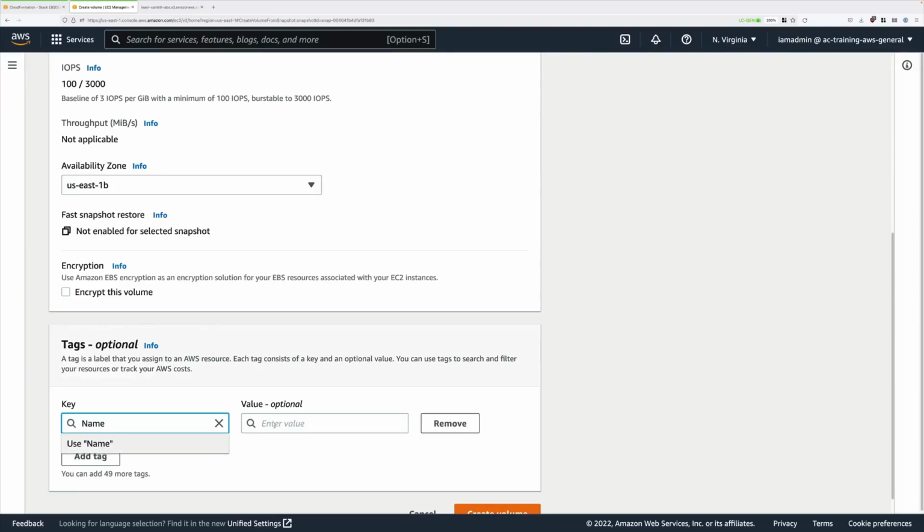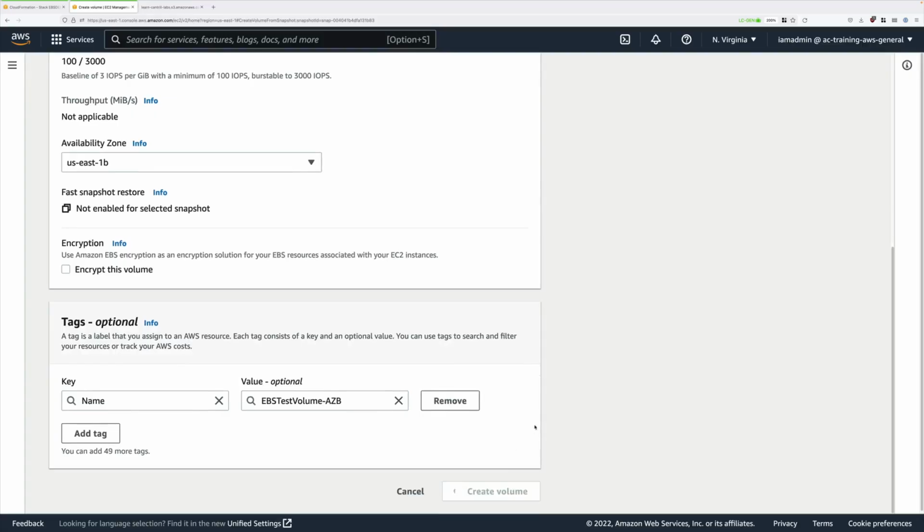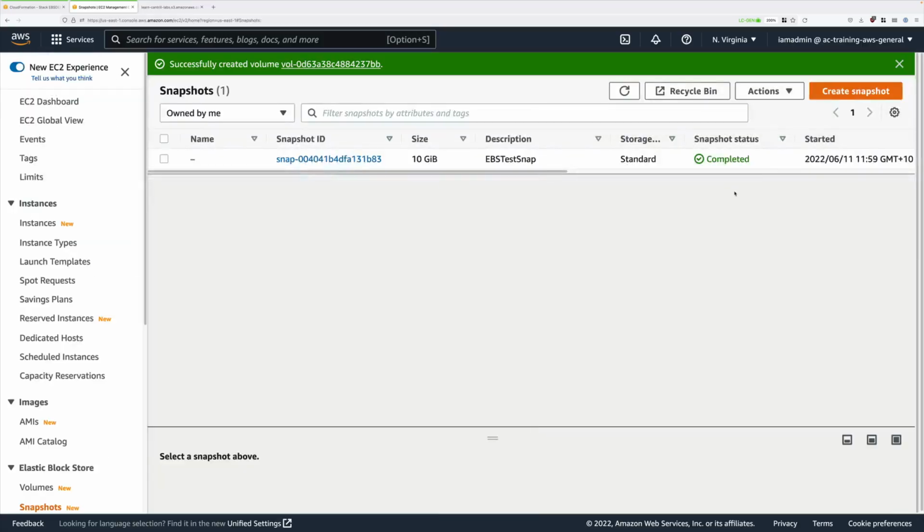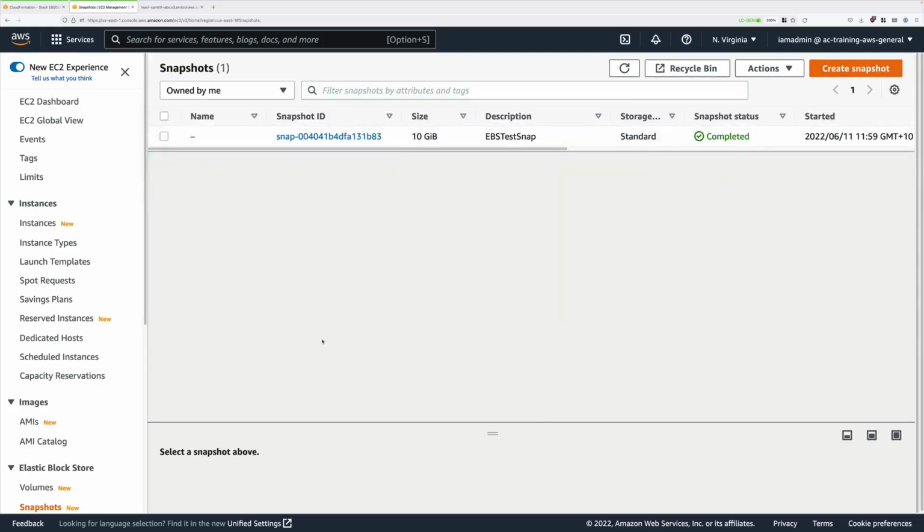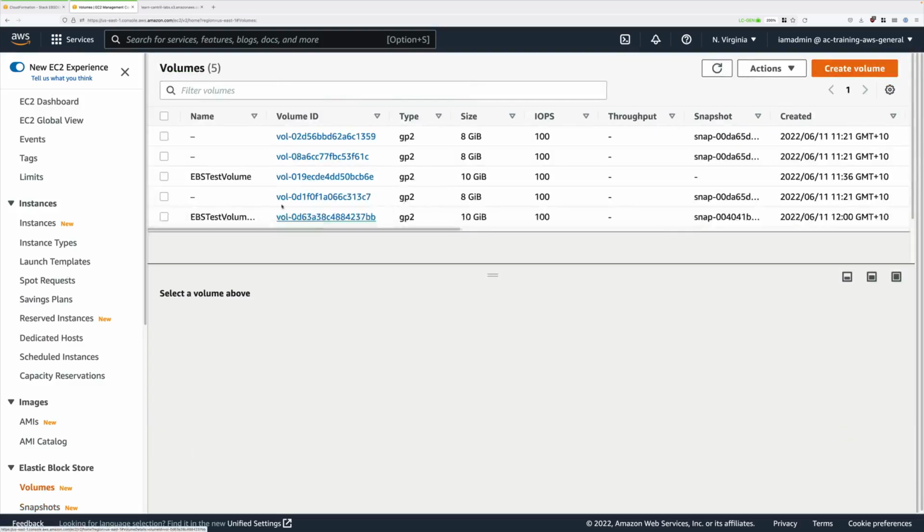We're going to give this a name to make it easier to identify. For the value, we're going to use EBS test volume-AZB. So enter that and then create the volume. Close down any dialogues, and at this point what we're doing is using this snapshot which is stored inside S3 to create a brand new volume inside availability zone